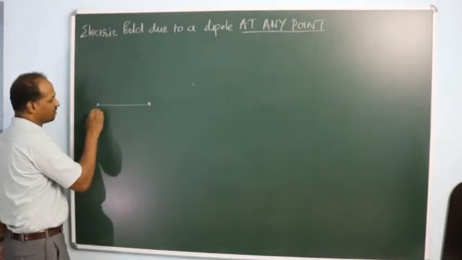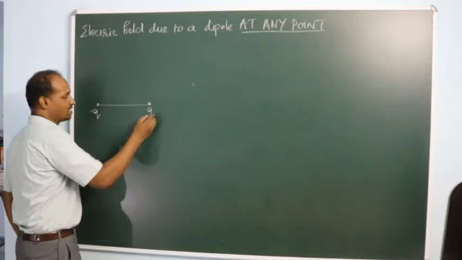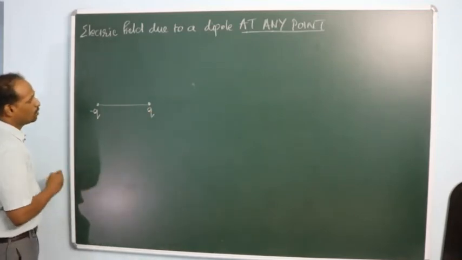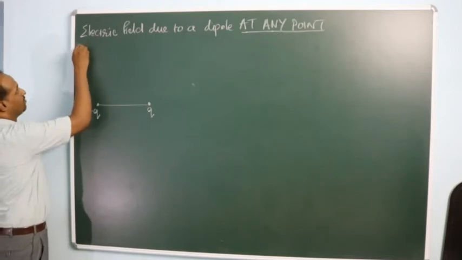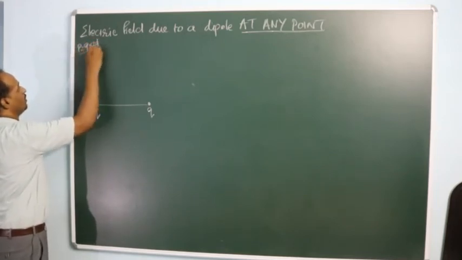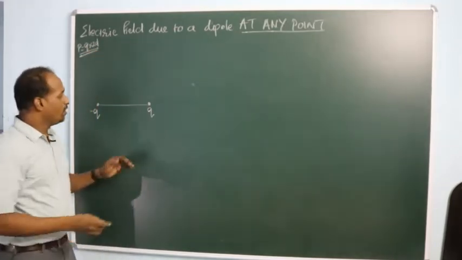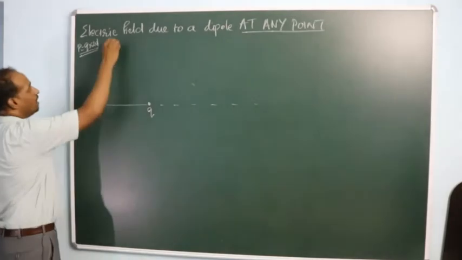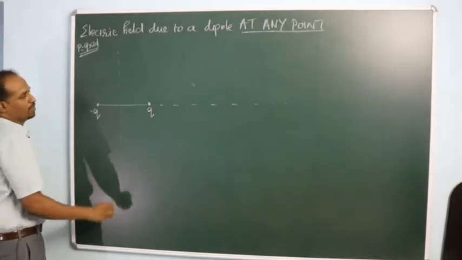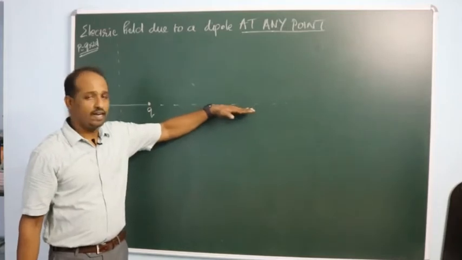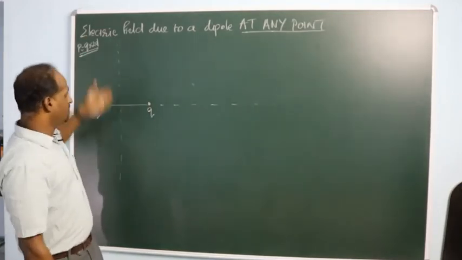Suppose this were a dipole of charges plus q and minus q separated by distance 2d, and we know that the electric dipole moment P will be equal to q into 2d. So we knew the electric field at any point on this axial line, or at any point on this perpendicular bisector. So our derivation was answering the electric field either on this line or on this line,